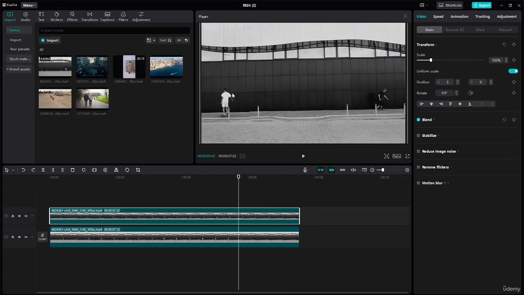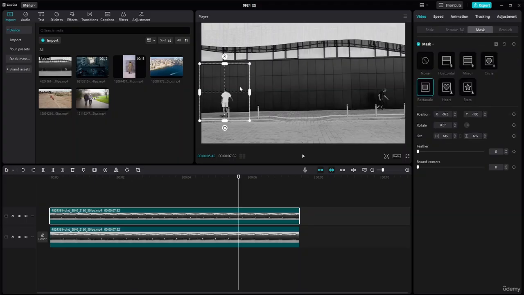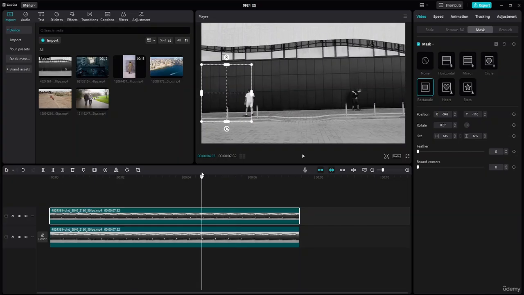And here now, let's see the mask. So as you guys can see, this is the mask which I have. So let me just place it properly. And I am basically going to come here, and at this particular point, I am going to add up a keyframe. Let me just add a keyframe right over here,